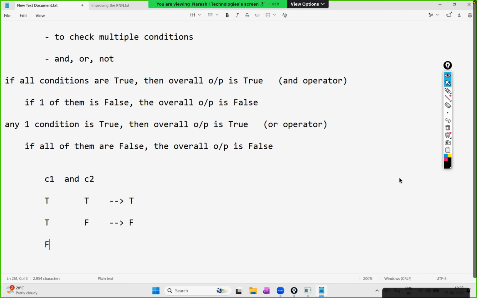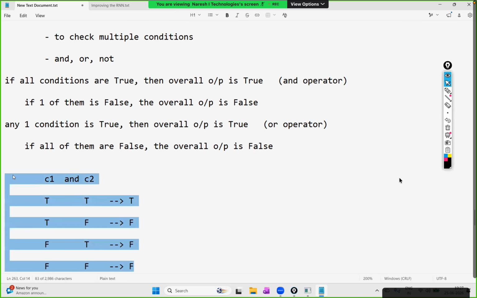If the first one is false and the second condition is true, then the overall output is also false. And if the first one is false and the second one is false, the overall output is false. When you are having the AND operator, both should be true. In the same way, if you are having the OR operator,